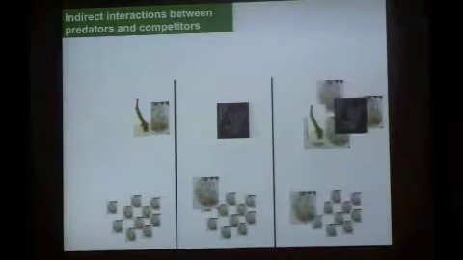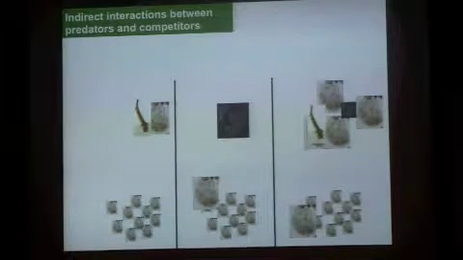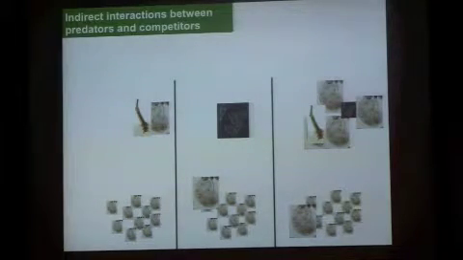If you add both those species in together, they effectively cancel each other out. So the predator prefers to eat this competitor. And so the predator is happily eating the competitor and not eating very much of the focal species. At the same time, the competitor population is now reduced because they've all been eaten, and so they're not having a very big competitive effect on the focal species. And so effectively, these two species just wipe each other out, and you end up with no net selection in response to either one. And so they're both having this really positive indirect effect on Colpoda.